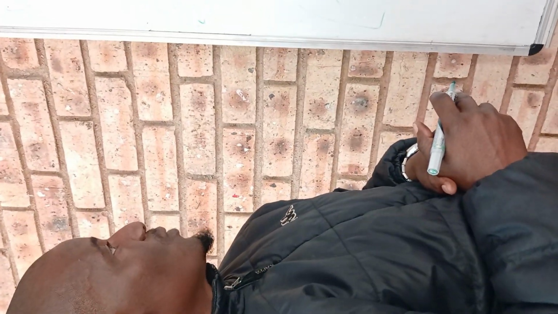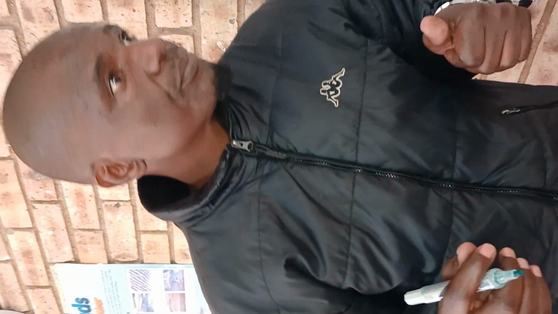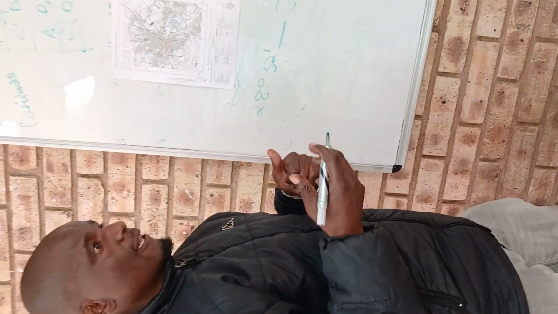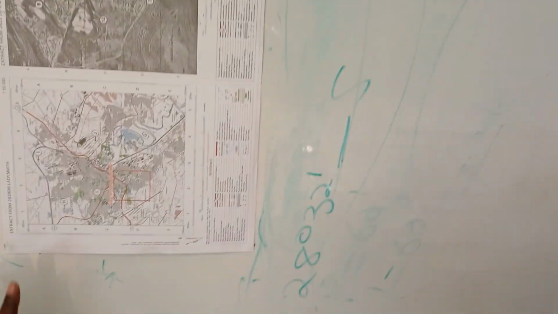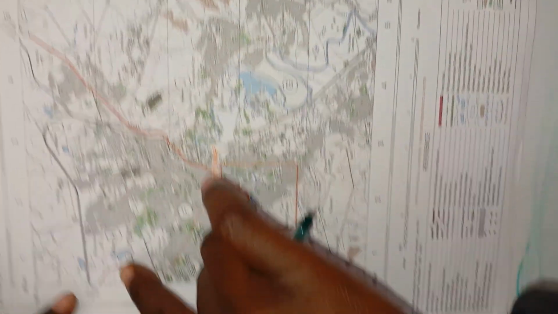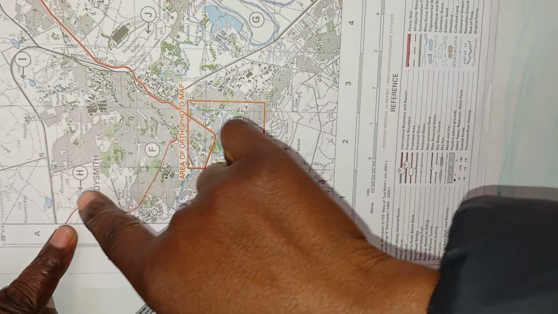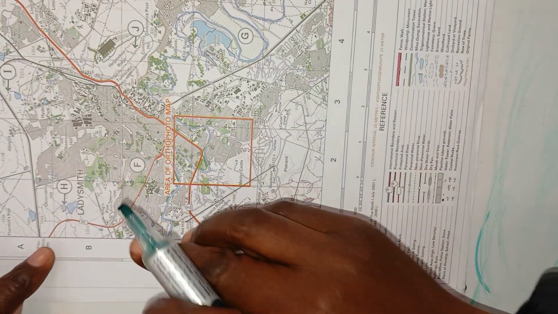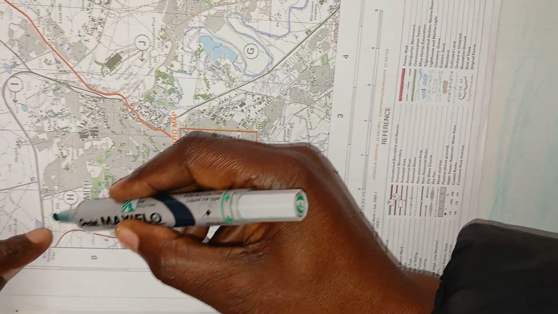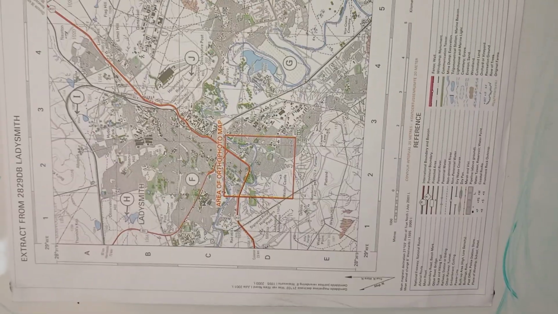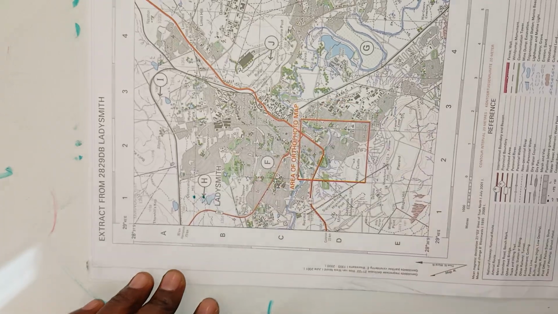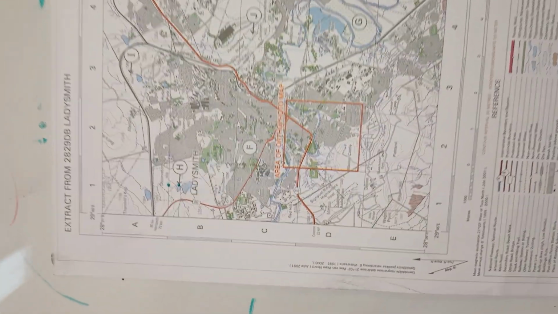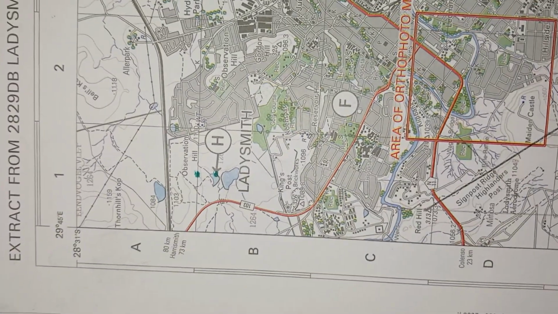Remember, what I'm going to do now is take my ruler. I'm just going to make an assumption. I'm going to measure my distance from 32 minutes going towards H, from where 32 starts up to where H is. You can see I've highlighted with the green marker. I'm going to use my ruler. Let's assume that I have got